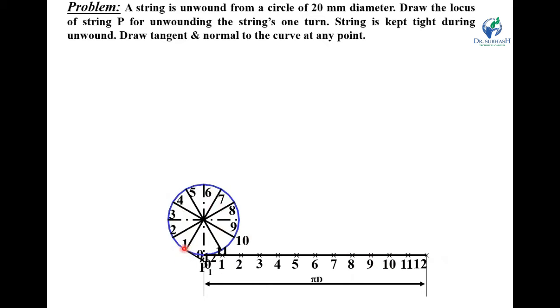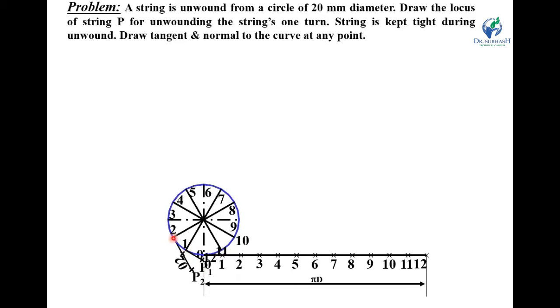from this point 1, you have to draw a tangent, or we can say a line which is perpendicular to this line, and the length of this line is equal to the distance 0, 1, or we can say one part of this line. There are 12 parts. So here you have to draw a line whose length is equal to one part, that means 0, 1. You can say take 1 as the center and radius equal to 0, 1, and draw an arc on this line, so you will get the point P1.